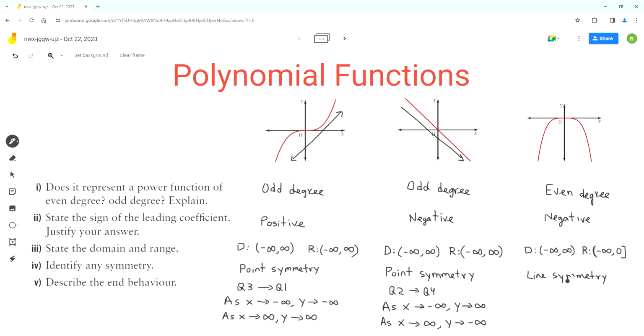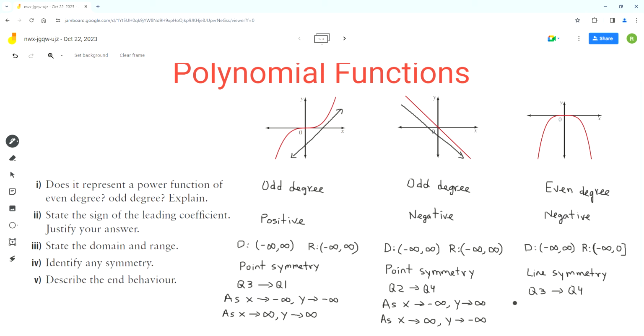And now the end behavior. This graph's end behavior in terms of quadrants is from quadrant 3 to quadrant 4, because the graph starts in quadrant 3 on the left side and ends in quadrant 4 on the right side. Now we can describe the end behavior in terms of the x and y values. As x approaches negative infinity,